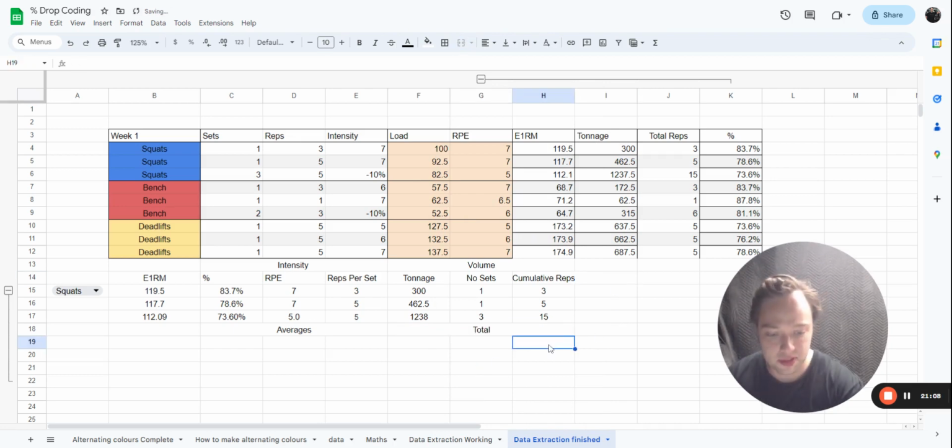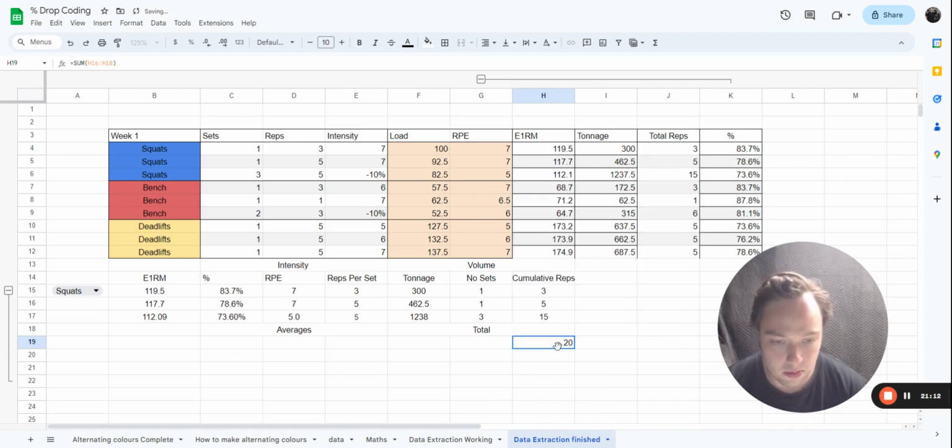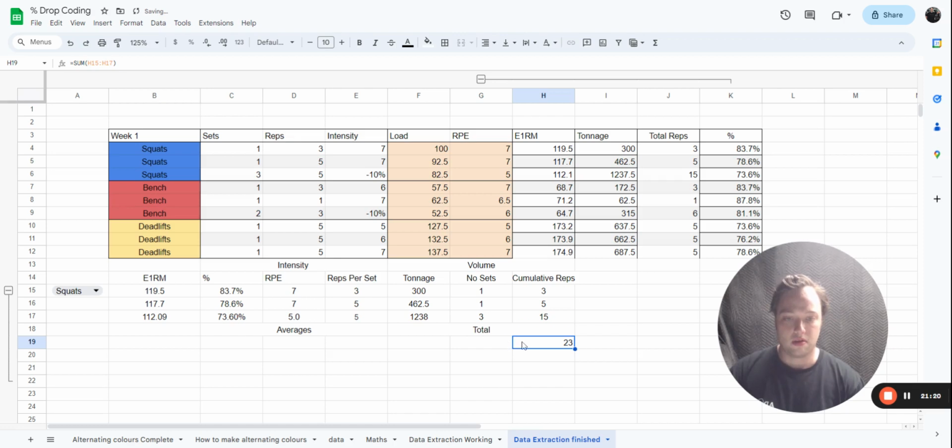So this is as simple as sum, but not that range. I want it to be this range. And then sliding that across. From there,